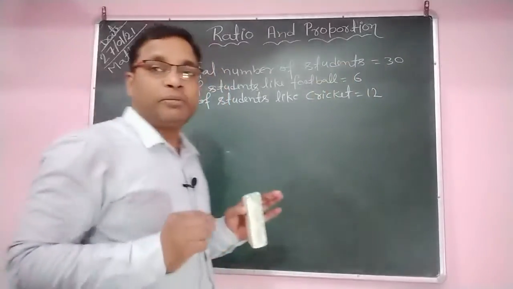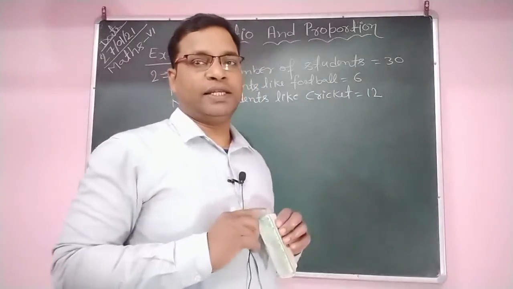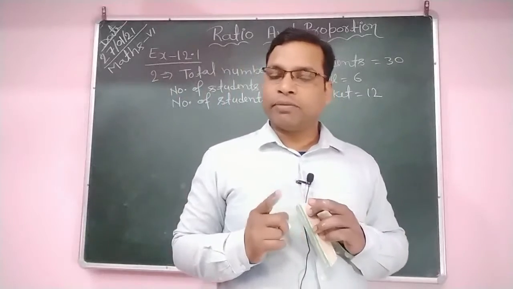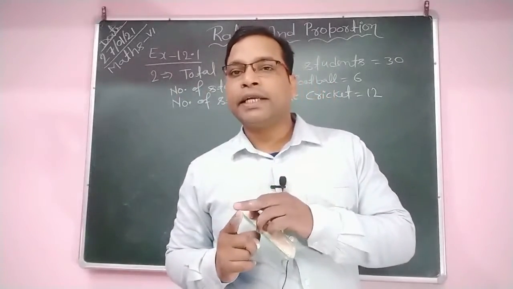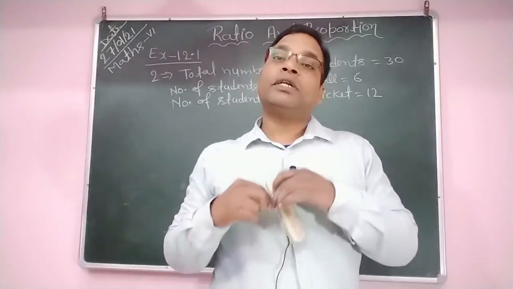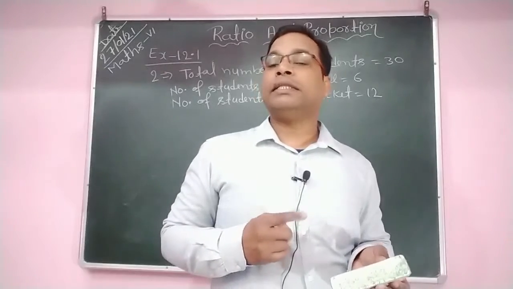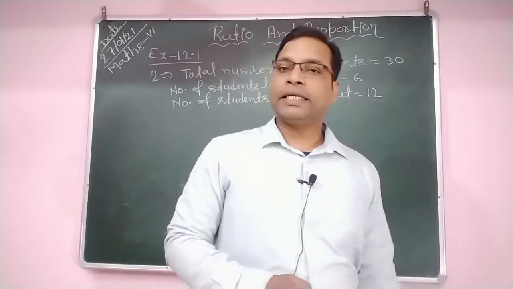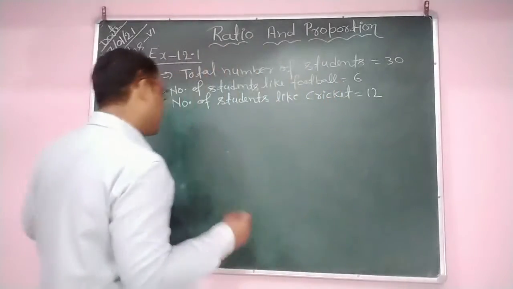Now we need to find the number of students who like tennis. How do you find it? Obviously, if you add the number of students who like football and the number of students who like cricket, and subtract that from the total number of students in the class, then you find the number of students who like tennis. So we write here